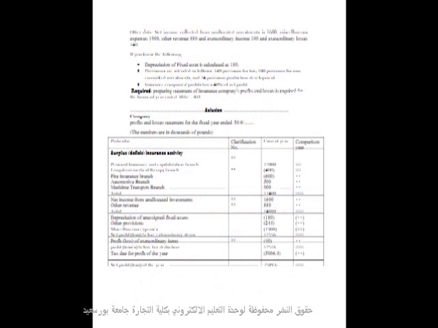Other sources of income include net income collected from unallocated investments 1,600, miscellaneous expenses 1,900, other revenue 880, extraordinary income 100, extraordinary losses or expenses 140. If you know the following, depreciation of fixed assets is calculated as 180. Provisions are intended to be allocated as follows: 120 provision for tax, 100 provision for non-investments, and 24 provision for production development.